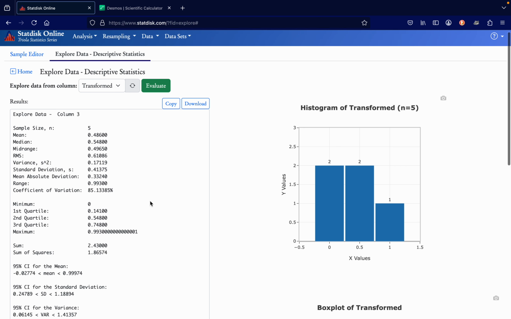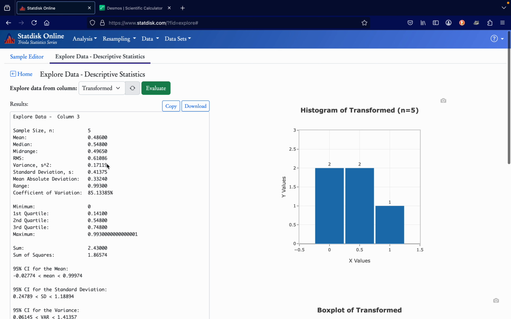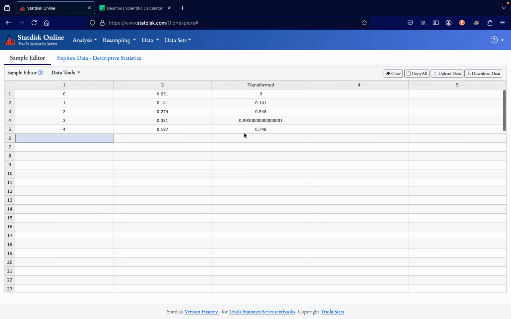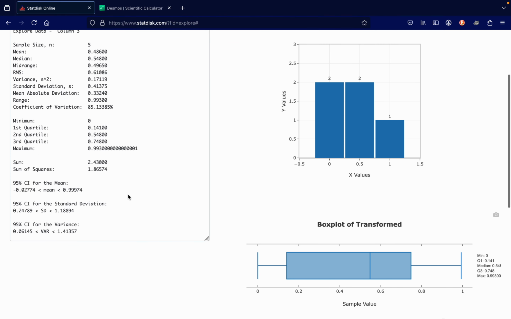The one thing you want to do is take a screenshot of this output, as well as this output here, and then just record the number 2.43, which is the mean of that data set.